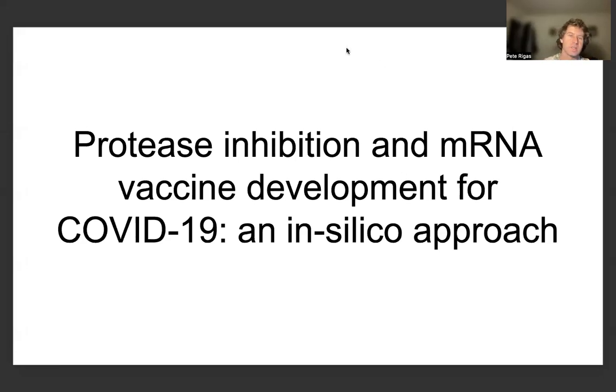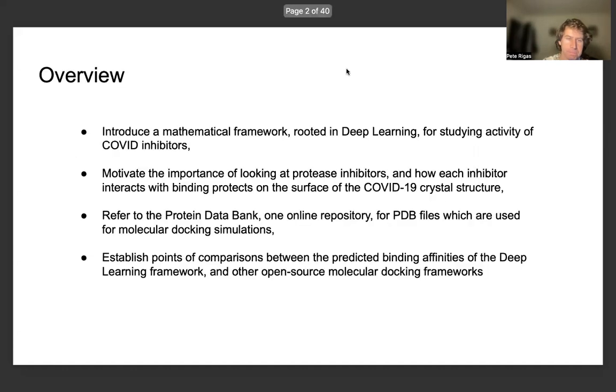The title of this presentation is Protease Inhibition in mRNA Vaccine Development for COVID-19, an in-silico approach. To begin with a presentation overview, we'll be discussing a mathematical framework which is rooted in deep learning for studying